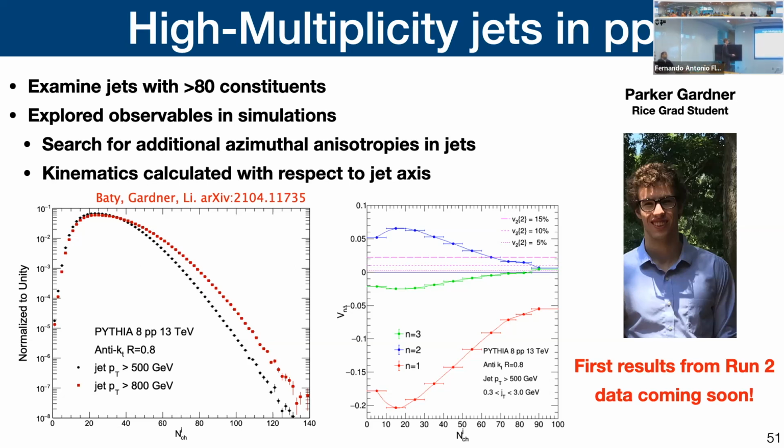So one of the things that we spotted was we can try to measure azimuthal anisotropies within the jets. The Monte Carlo generator doesn't expect these to be zero. They expect some non-zero values that are shown here. And the idea is to look in data and see if we match the generators or if there's, for example, some multiplicity dependence where something goes up or goes down. Unfortunately, I can't show you the data right now, but the first results from Run 2 are coming very soon. So stay tuned for this.